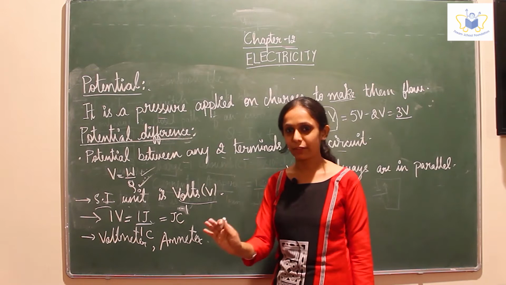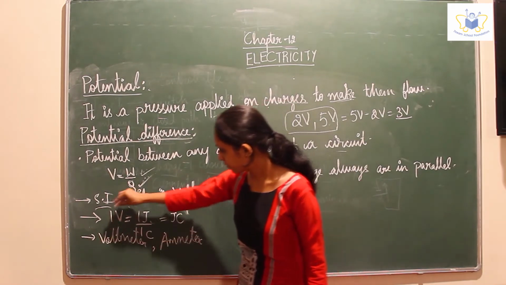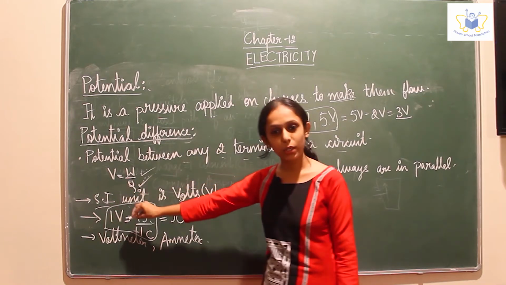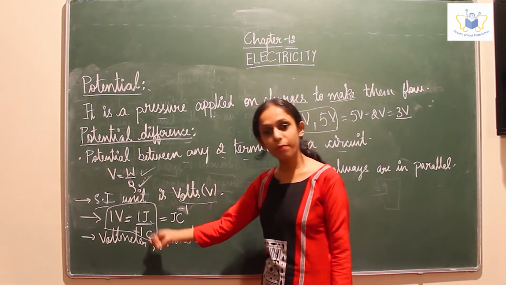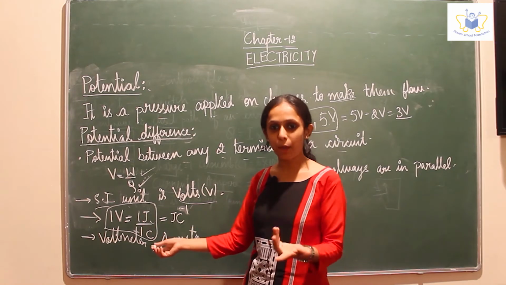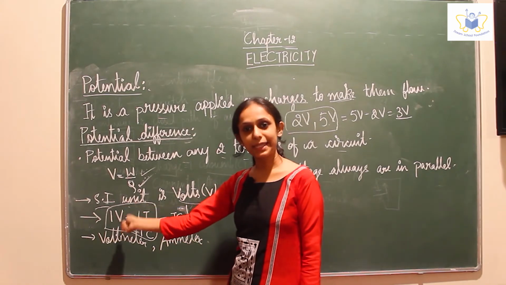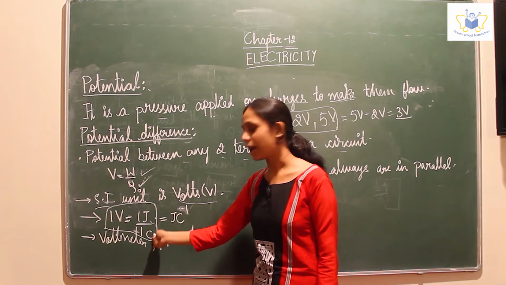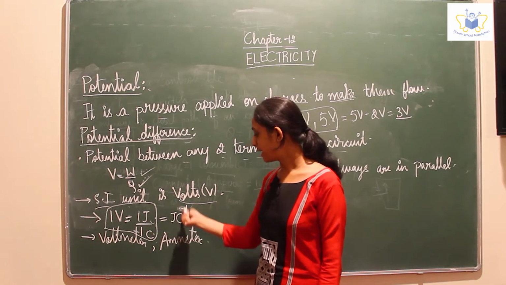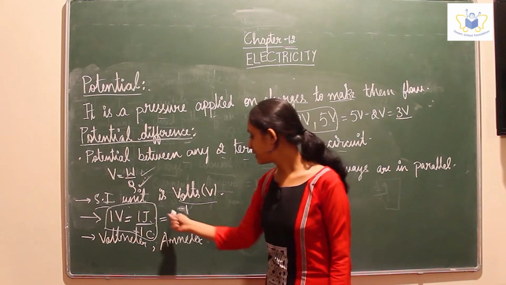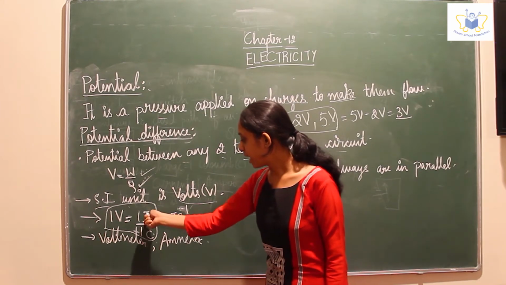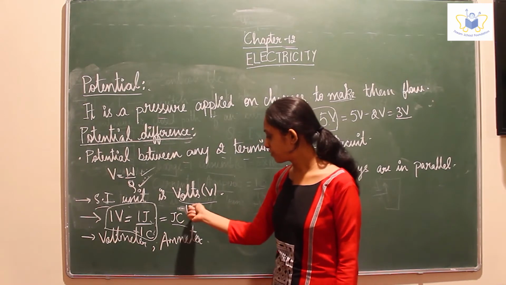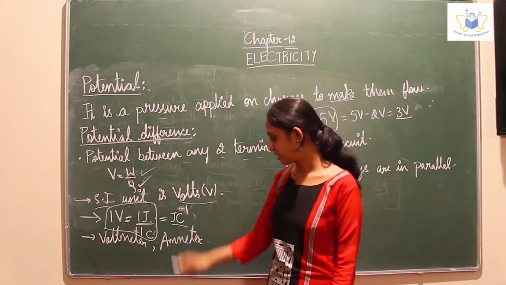If you have any difficulty in defining, just write down this formula: 1 volt is equal to 1 joule divided by 1 coulomb. Now define it in your proper statement. So 1 volt can be defined as 1 joule of work done on 1 unit of charge. That can be called a volt. This is just a notation: joule, when C comes, it becomes joule per coulomb. This is just for your reference. You don't have this in your syllabus.